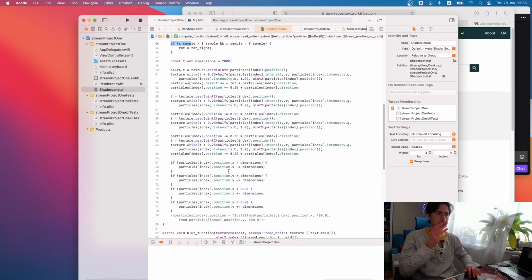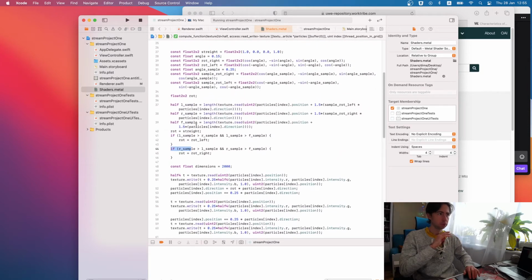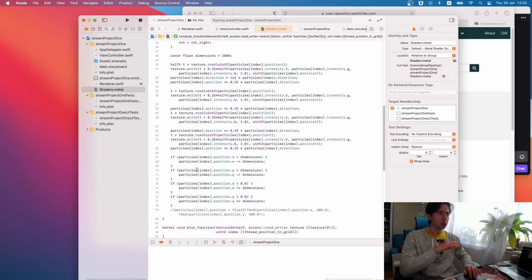And one if statement could reduce shader performance dramatically. So this thing I should replace with modular arithmetic, like division by modulo.